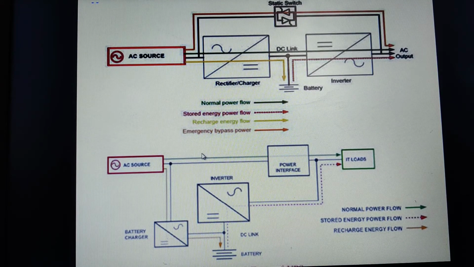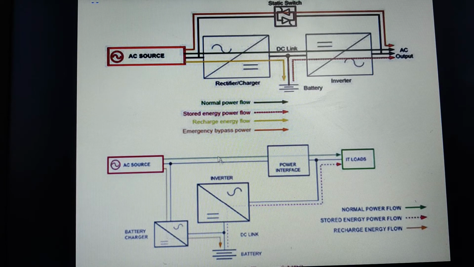Whenever the current is there initially, electricity will be flowing directly from the AC source to your computer system. Once the offline UPS detects that there is no power supply, whatever power has been stored in the battery will be in the form of direct current. When the power supply is provided from the electrical socket, the alternating current will be converted to direct current. As I said initially, all batteries, whenever you keep them for charging, convert that alternating current to direct current, and that will be stored in this battery. Can you see here? Battery.